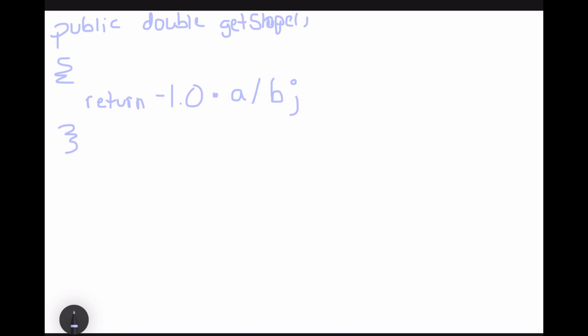Our second method is a Boolean method. So it would be public boolean isOnLine. We do if A times X plus B times Y